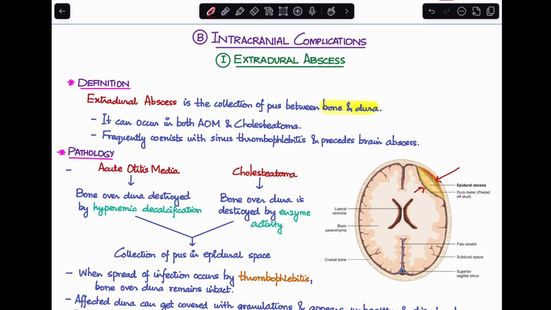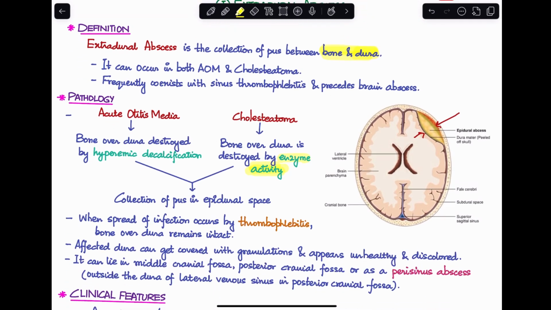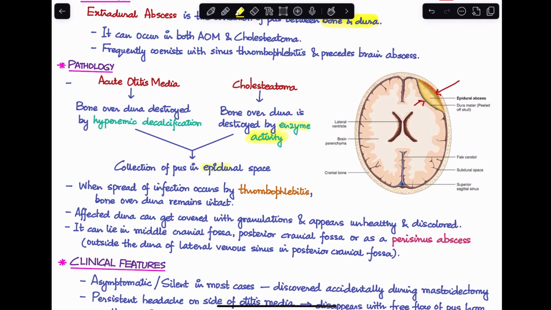Now, let's try to understand the pathology over here. If it is developing from a case of acute otitis media, the bone over the dura gets destroyed by hyperemic decalcification. And if it is a case of cholesteatoma, the bone gets destroyed by enzymatic activity. If you want to know more about how the bone erosion happens, I have a separate video on cholesteatoma, you can check it out over there. As a result of this bone destruction over the dura, there is now a collection of pus in the epidural space. So, this is one mode of